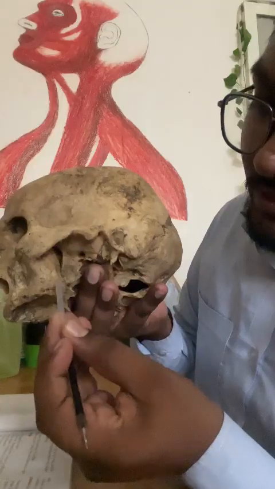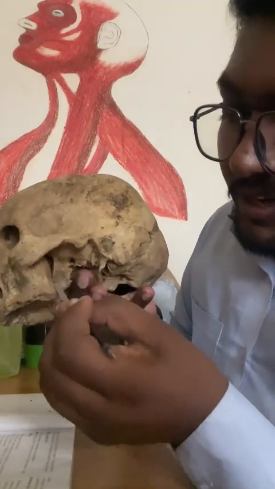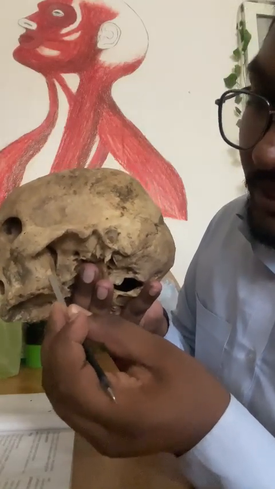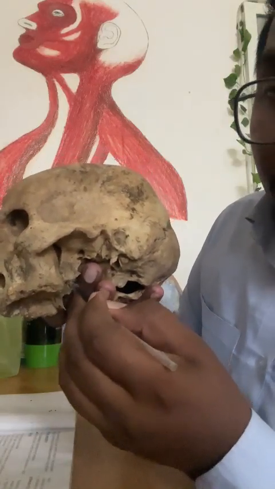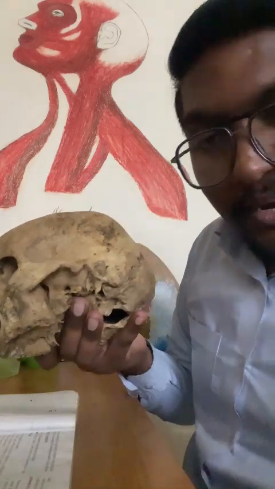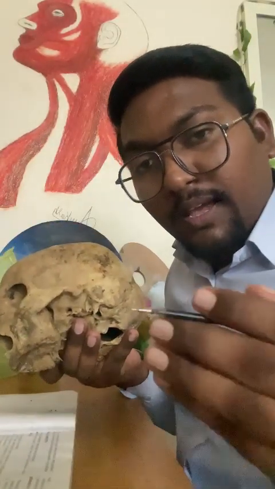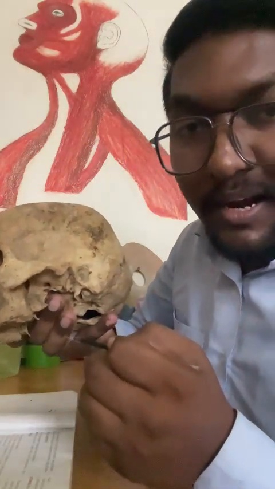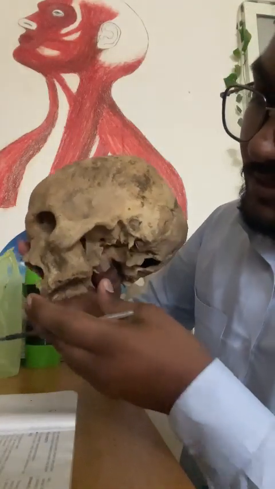can see here is called the maxillary tuberosity. This is located posteroinferiorly. It is a rounded eminence called the maxillary tuberosity, and superomedially it articulates with the pyramidal process of the palatine bone, and it gives origin to the superior head of the medial pterygoid muscle. It will give origin to the superior head of the medial pterygoid muscle, and in the center of the